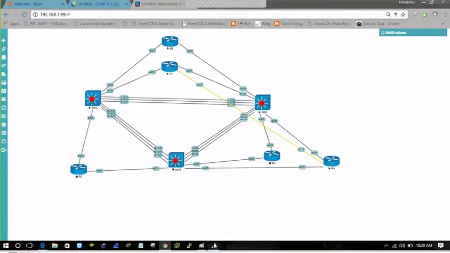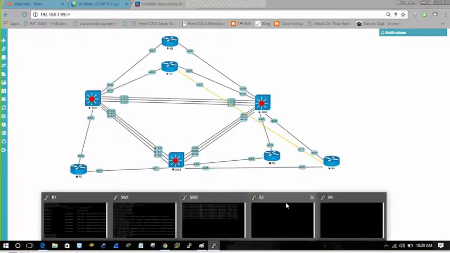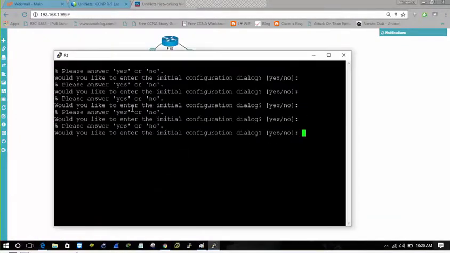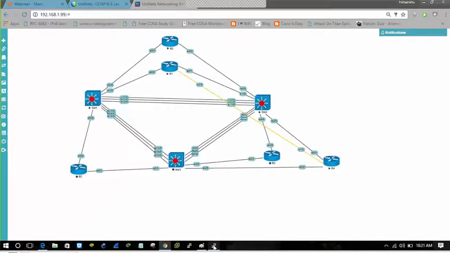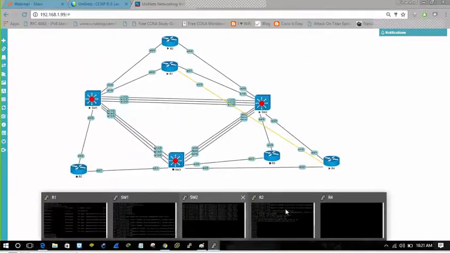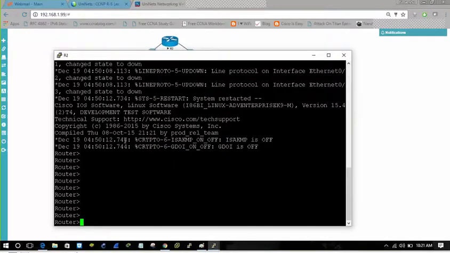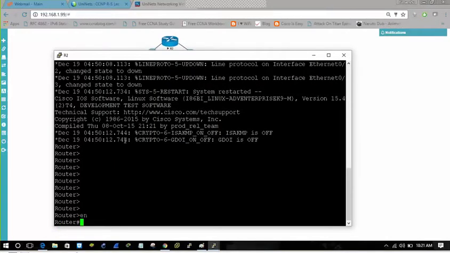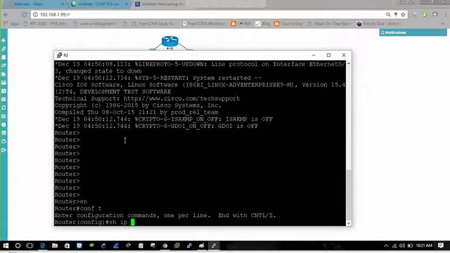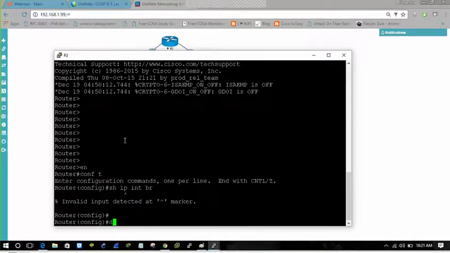So let's move into R2. It is taking some time. Okay, we are in R2.